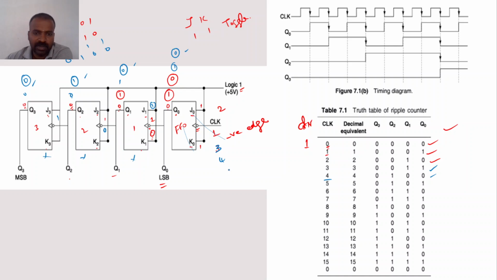Okay, now fifth clock pulse. So here 0, so now it will be toggled into 1. So 1 means this won't work, and this won't work, and this won't work. So previous output says 0, 1, 0, now this is 1. So 0, 1, 0, 1. So the value is 5. So see here 0, 1, 0, 1. Okay, so likewise, it will work. Let us take the last combination, 15th combination. So 15th combination is 1, that is, see